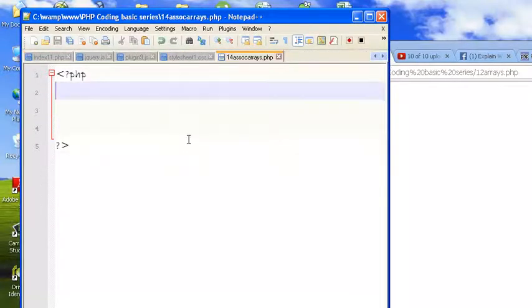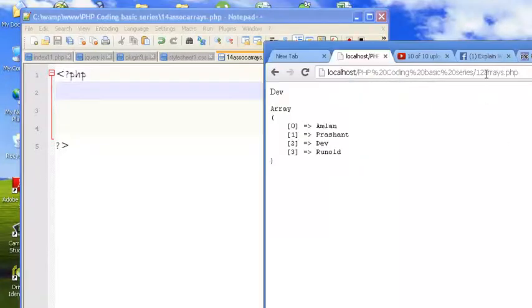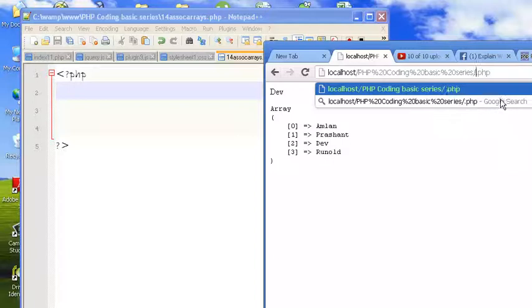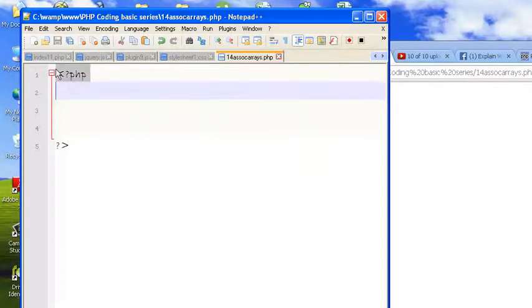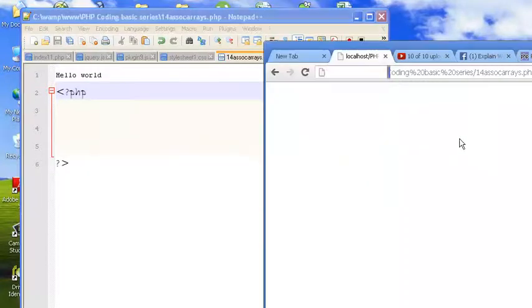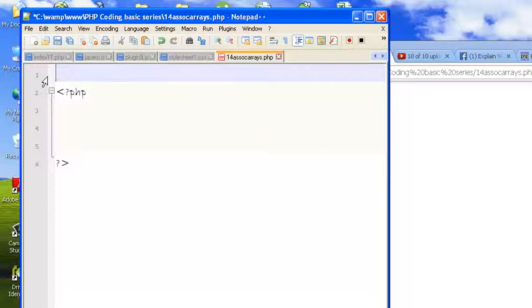I have just created a file, this is chapter 14, and this shall be 14 ASOC arrays. So let me now point this file to the right path. You can see there is nothing on screen because I have actually printed out nothing. Let me check whether everything is okay, save this, perfect. Our connection to the server is well established.